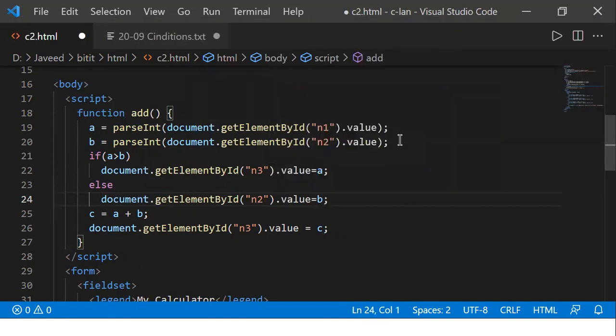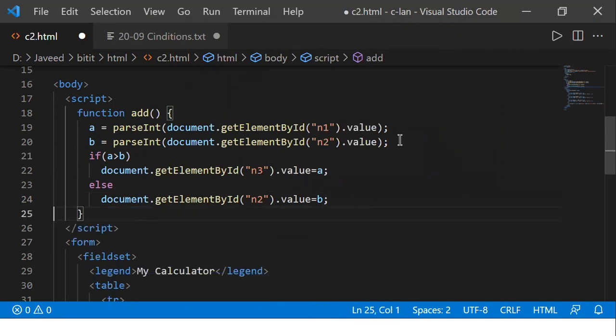Now I don't want to do the addition part, so I remove this and place that one. Let me save my code.